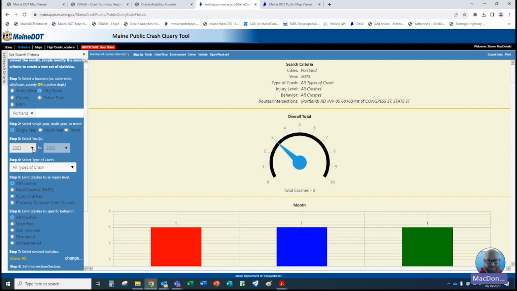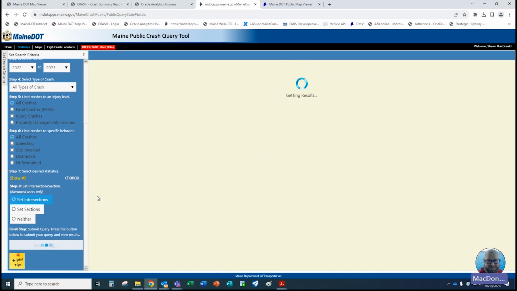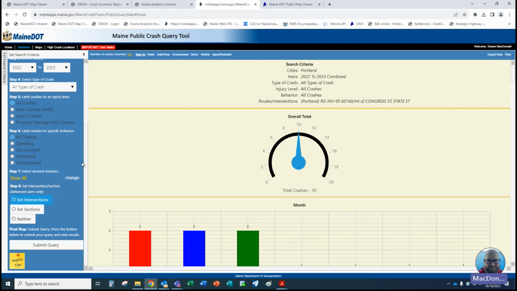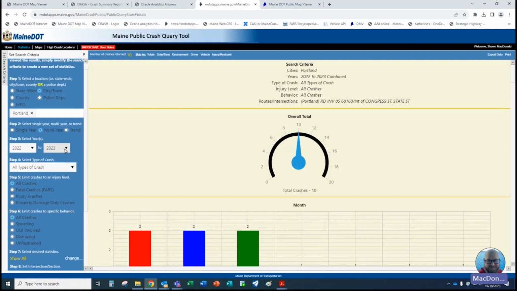We'll do a multi-year on this one as well. If you wanted to do a multi-year, and that's why I knew that looked strange when I ran that. I'm going to run this again. I did it for 2023, and I had intended to do it for 2022. So 2022 to 2023, it changes. You can see there are more crashes added.